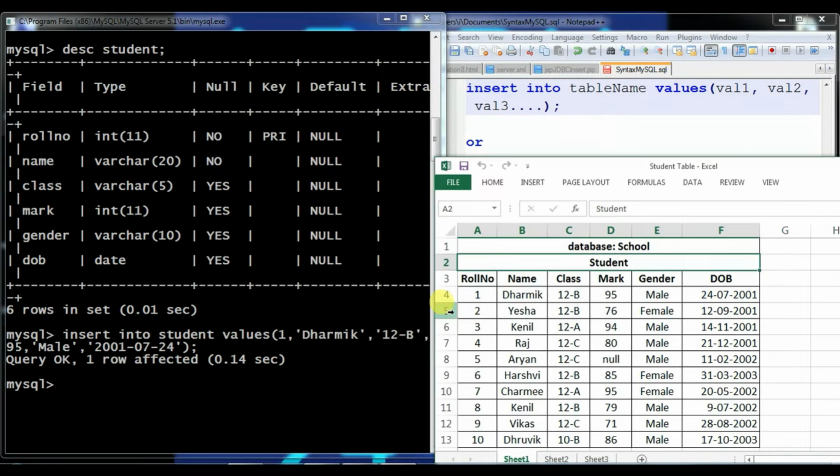Now see, the second record is the same, and in the third, fourth, and fifth there is a minor change. Roll number is 5, name is Aryan, 12C, and see I have written null over here. Suppose you want to insert a null value. Is there any difference between null and 0? Yes. 0 is a value that you have assigned, while null is used when you are going to insert a value and right now you do not know the particular value, then you can write null. But you can't write it in quotes like that. You have to write NULL without single or double quote. Let me first finish the second, third and fourth records, then come back to the fifth record.